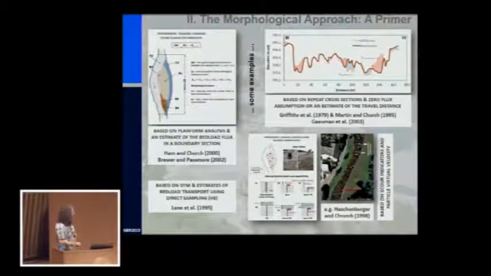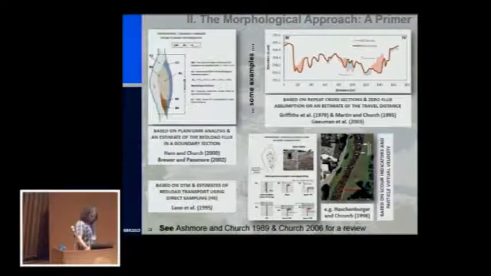And more recently, we can use digital terrain models, digital elevation models, and by the digital elevation models, we have the changes in topography. For example, Lane and colleagues used direct sampling in one section to know the sediment coming in, to close and solve the morphological approach. These are just some examples with visual references of how they calculate the changes on topography. There is a lot of review going on, and we think that these two papers are very important, in which you can see a nice set of examples and also some